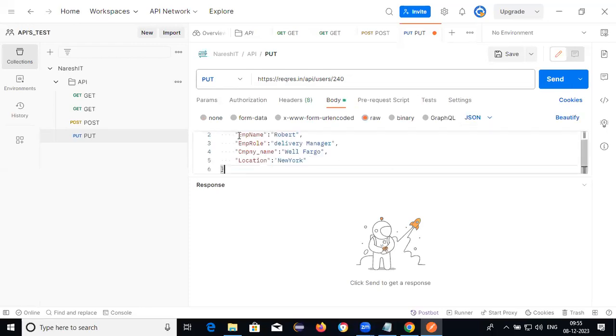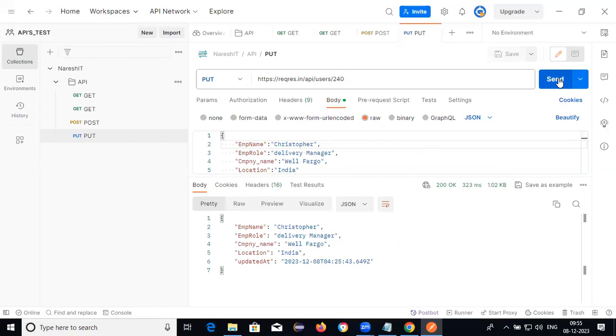So I need to provide here: I need to change New York to India. I need to change the name. Just change the name, click on save, and hit the send button.